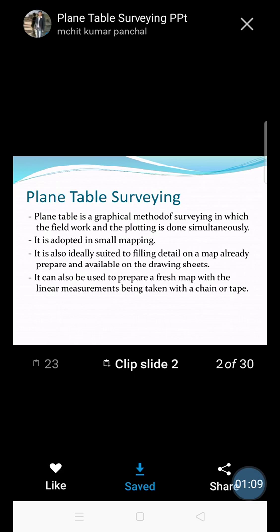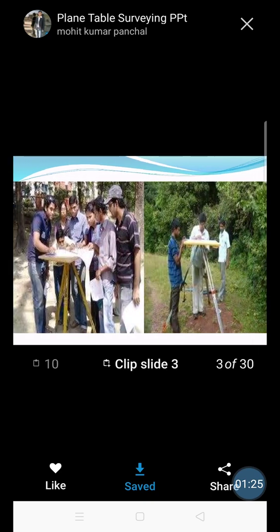Particularly, plane table surveying is adapted for small scale mapping. It is ideally suited for plain ground, and it is used to prepare different types of maps.